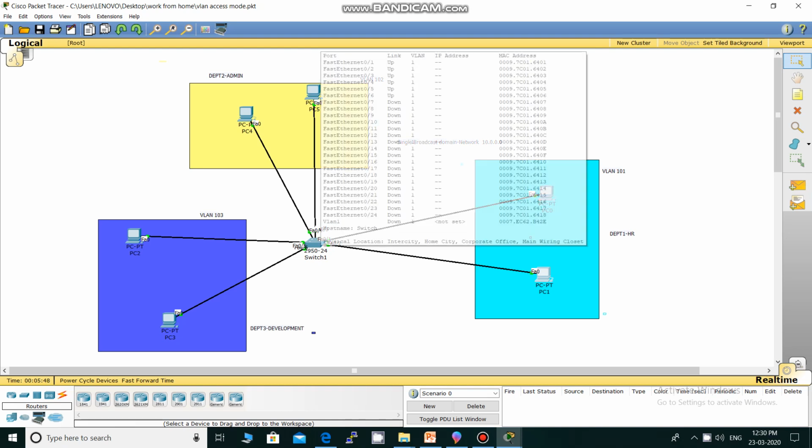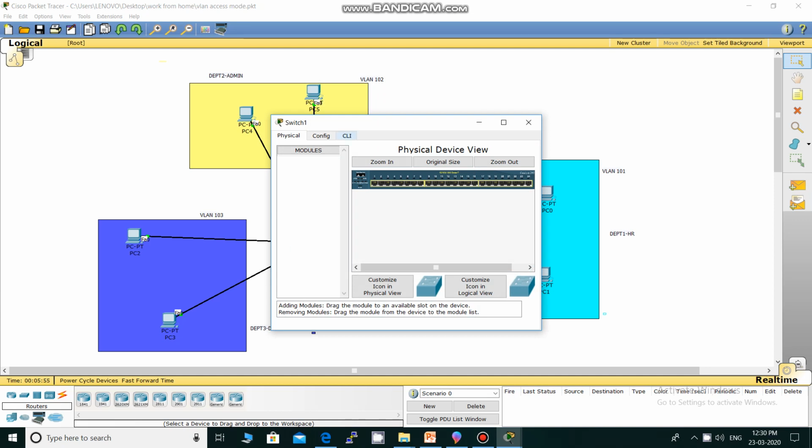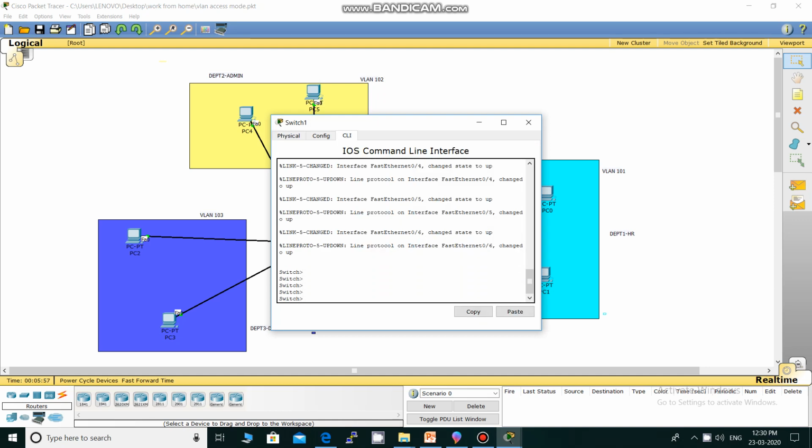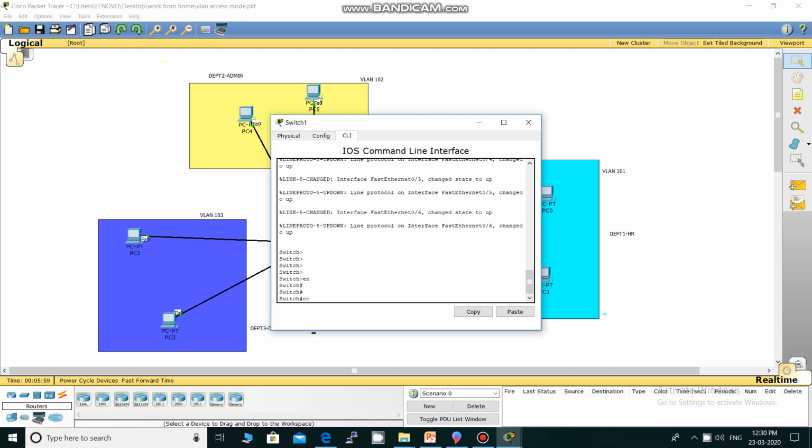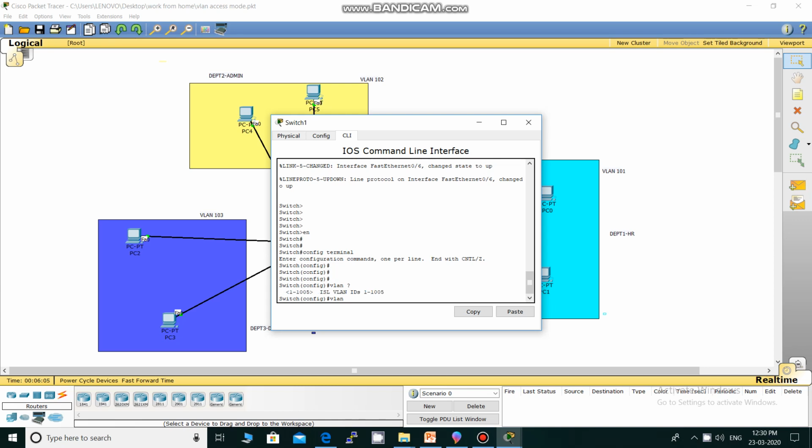Now the range of VLAN numbers is between 1 and 1005. We will see here the range of VLAN numbers: enable, config terminal and VLAN question mark. So the range of VLAN numbers is up to 1005.